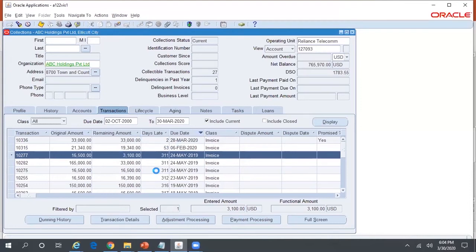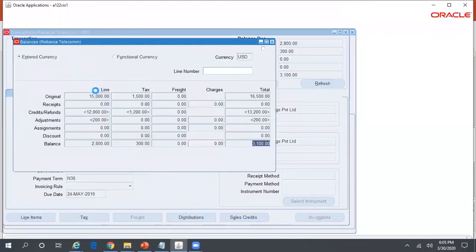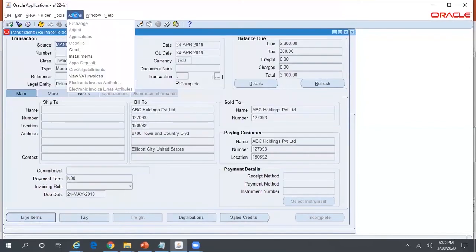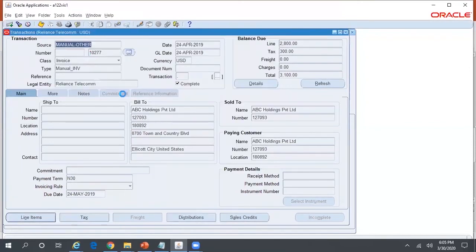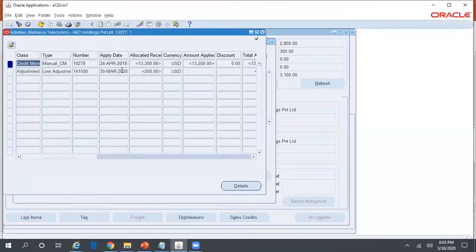Okay, now this should take me to the transaction workbench screen, and in the transaction workbench, which is owned by your receivables application, you should be able to see the corresponding adjustment, whatever I have created. See, $200. You can also check from here actions, installments, activities, and the adjustment.